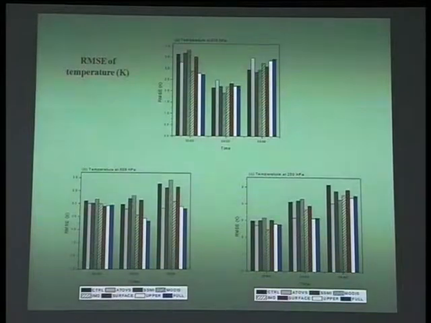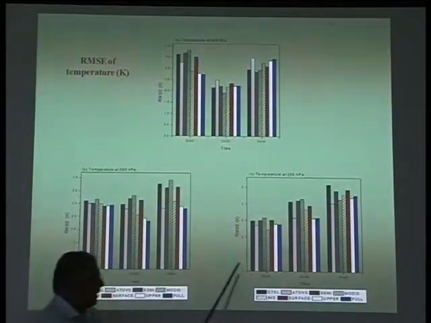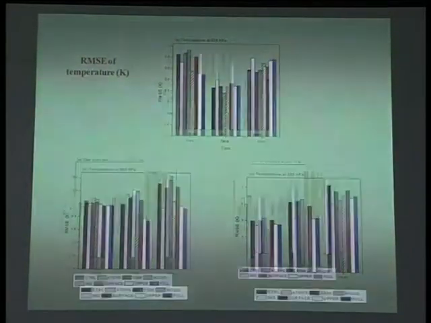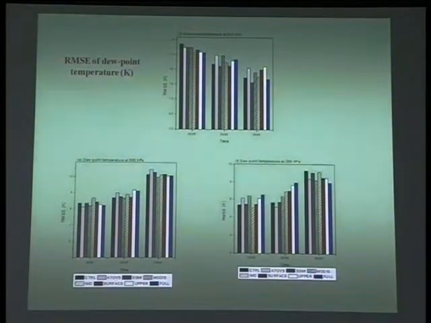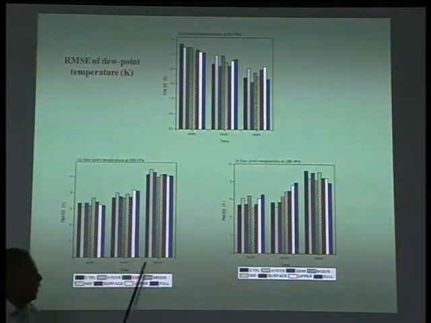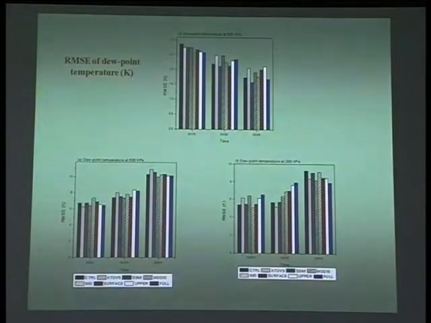Root mean squared error of temperature again, 3 levels, 850, 500, and 400 hectopascal. Again, the full experiment, blue, the ATMS experiment, and the upper experiment, again consistently doing better. Root mean squared error of dew point temperature again 850, 500, and 400 hectopascal. Again, ATMS, full and the upper level seem to be doing better. So,